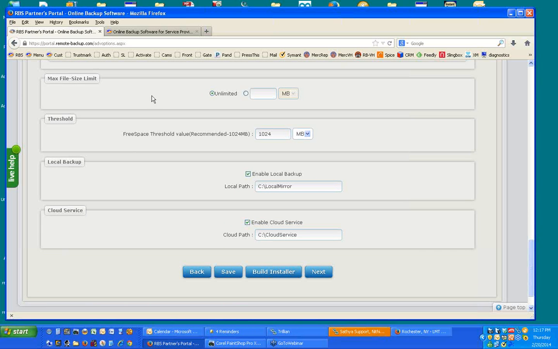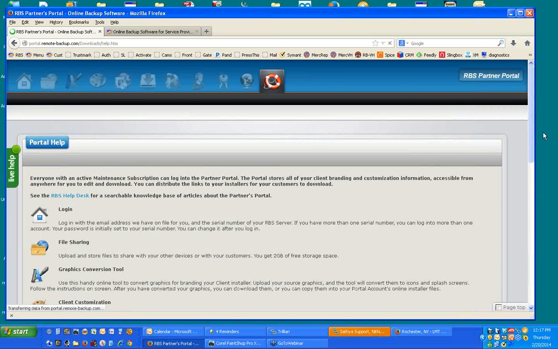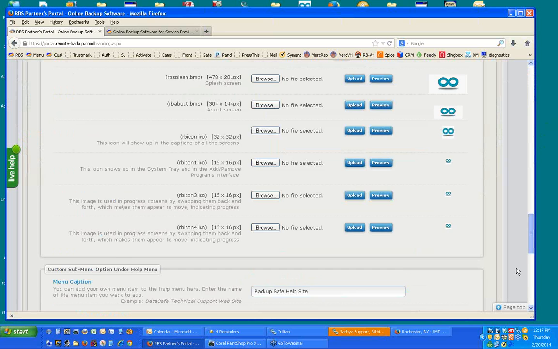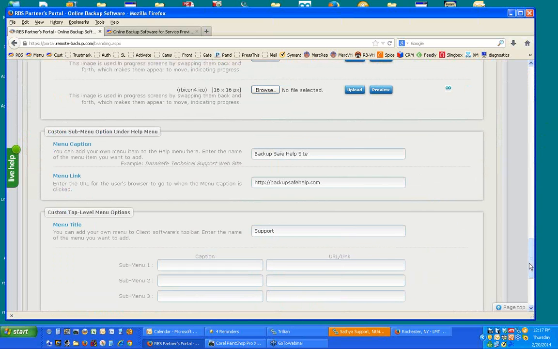Let's see. You've got maximum file size limit. This is the maximum length of a file that your client can back up. It's set to unlimited in this case, but here's an example of how you might want to use this. If you wanted to limit your user from uploading movie files, then set that limit to